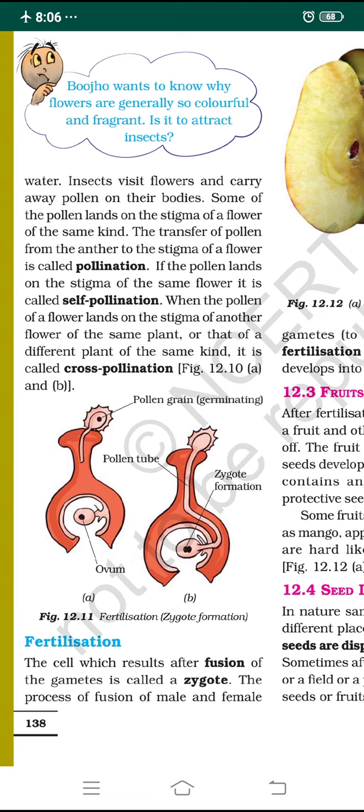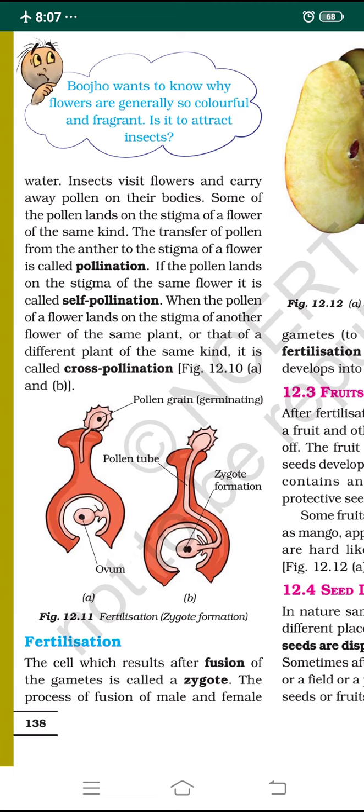Within the plant, if the pollen grains from the male part of the flower fall on the stigma, that is the female part of the same flower, then it is called self pollination. When the pollen of a flower lands on the stigma of another flower of the same plant, or that of a different plant of the same kind,